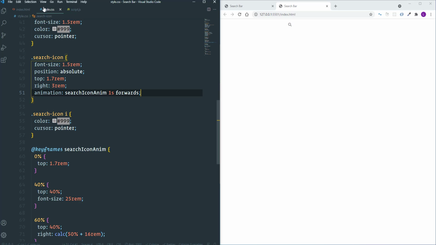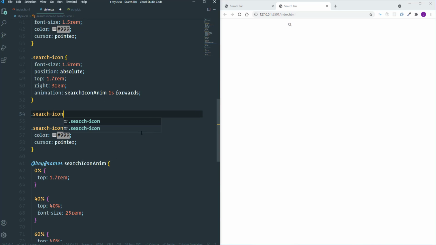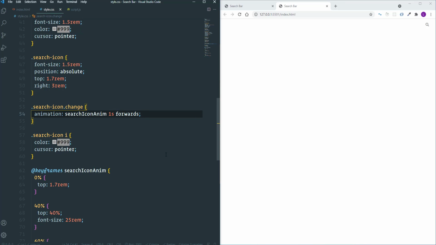Let's go back to the CSS file. So as I said, now we need to select search icon with the class change. And then we need to move this line of code here. So now if I click the search icon, then the animation will run. Okay, next we have to display the search input wrapper. Right now it is hidden. So in the same way, I'm going to use class